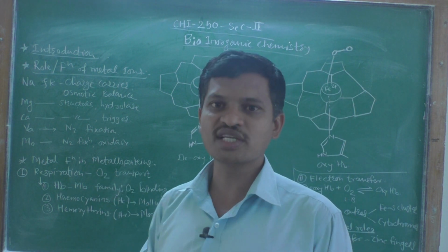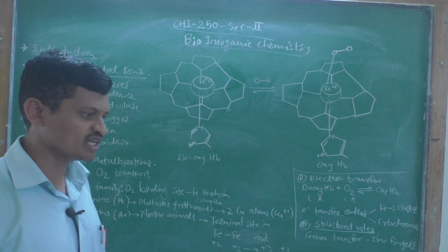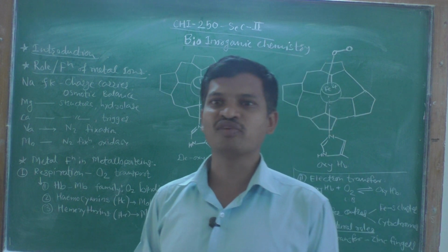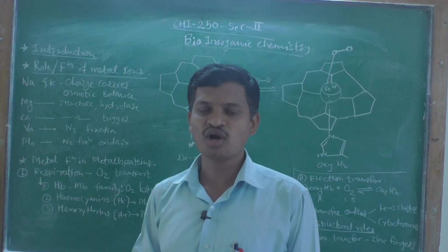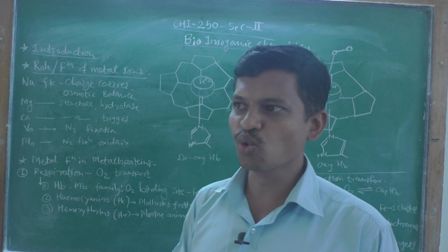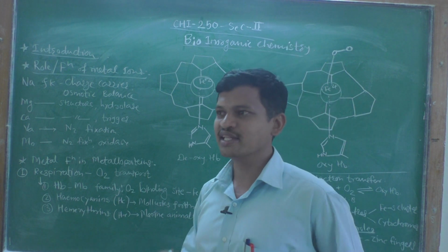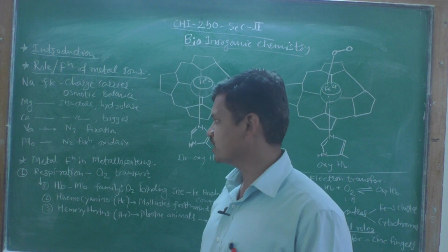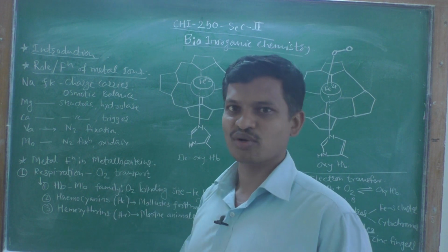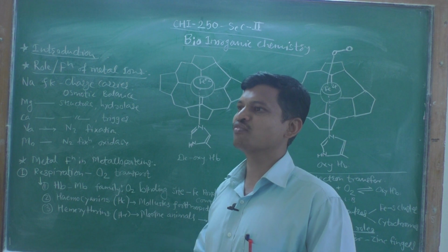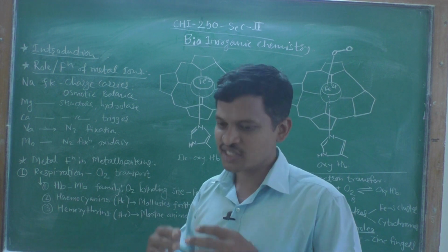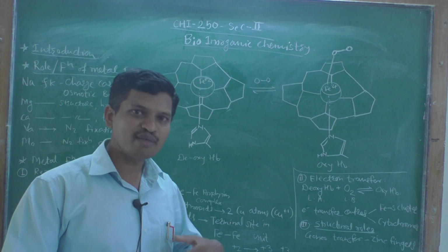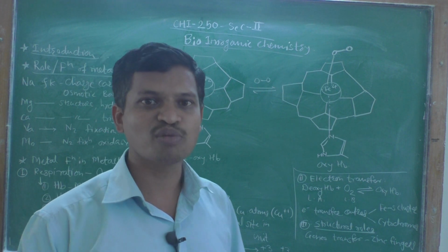We know that oxygen is required for the production of energy in the cells, and that's why, for well functioning of each and every cell in living organisms, oxygen is a must, the O2 molecule is necessary. This O2 transfer, dioxygen transport, is done by the metalloproteins. This dioxygen transport is done by different types of metalloproteins in different types of organisms.